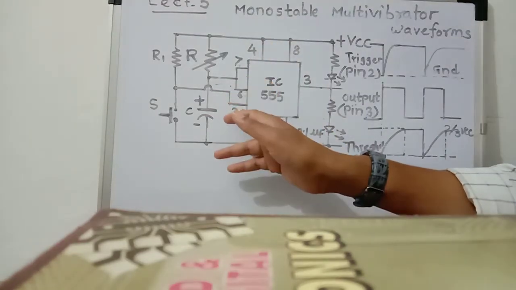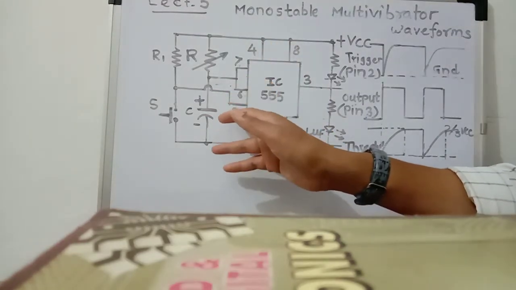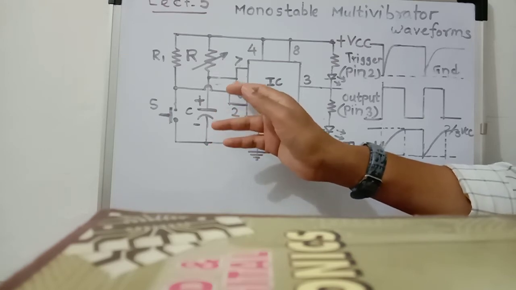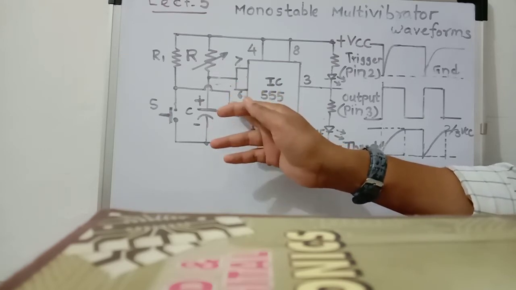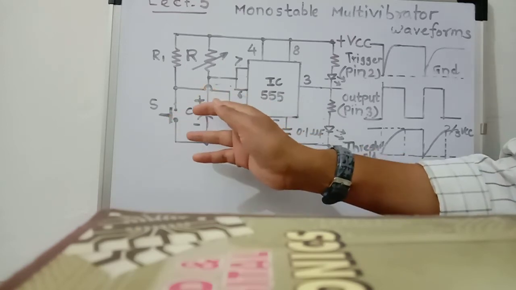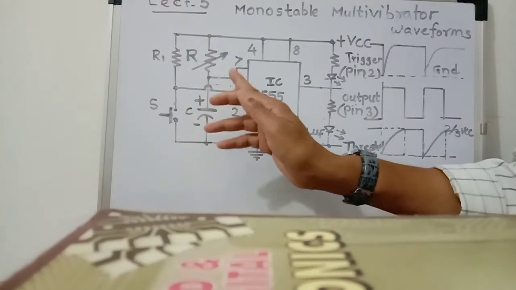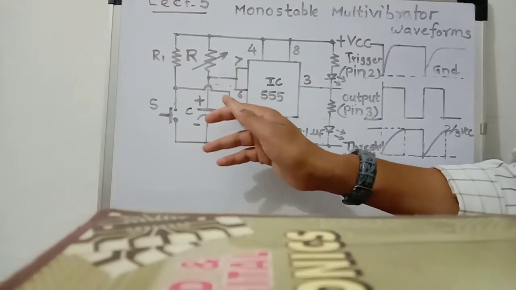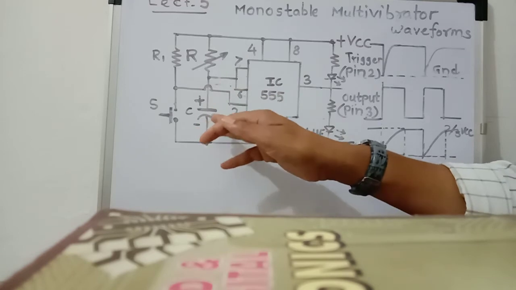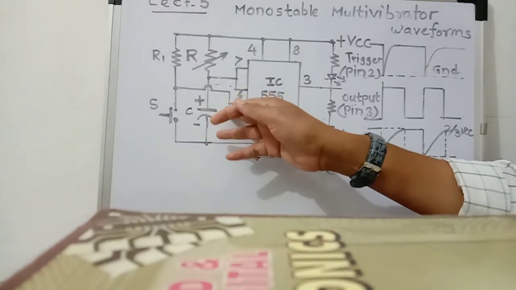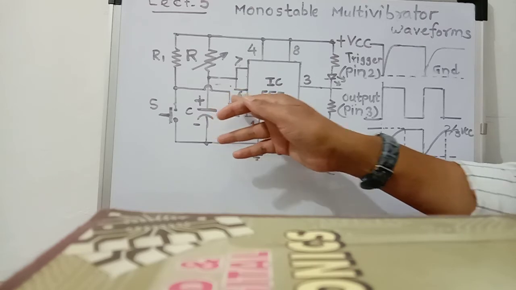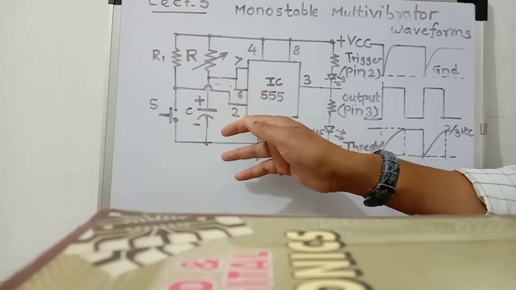So the lower comparator has two inputs. One is the trigger input, and the other input has the reference voltage one-third VCC. Since the trigger input voltage is 0 volt, it is less than one-third VCC. The lower comparator compares this 0 volt with one-third VCC. Therefore, the output of the lower comparator goes high, and it